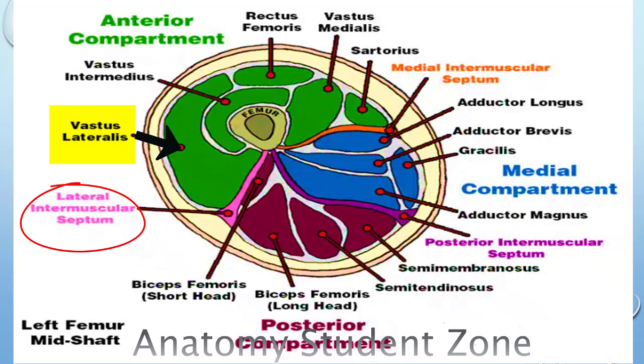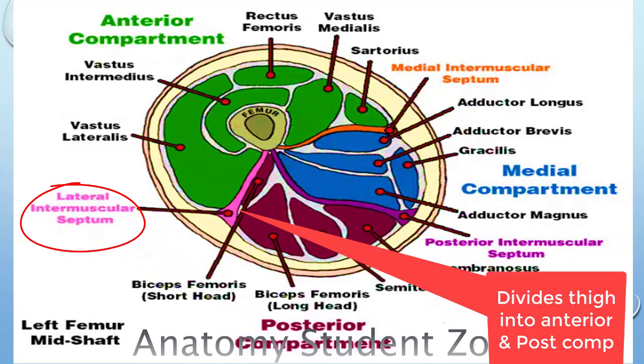Another muscle is a muscle of the posterior compartment of the thigh. I am not going to cover the posterior compartment right now, but remember the muscle of the posterior compartment, that is the short head of biceps femoris. It lies behind this lateral intermuscular septum. So one muscle is anterior to this septum, a muscle of the anterior compartment, and one muscle is posterior to it, the short head of biceps femoris, a muscle of the posterior compartment. It means the lateral intermuscular septum of the thigh divides the thigh into anterior and posterior compartments. We are going to cover the anterior compartment right now.